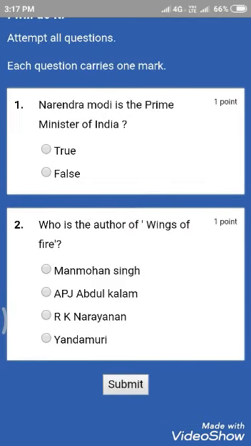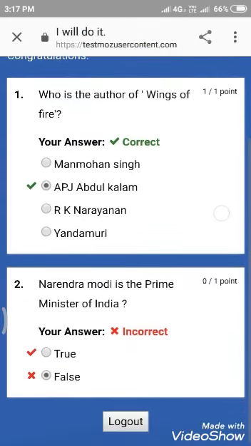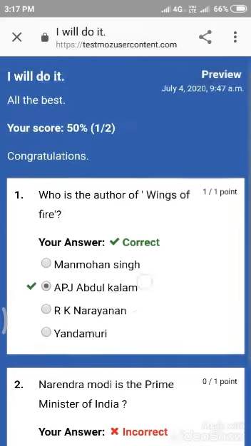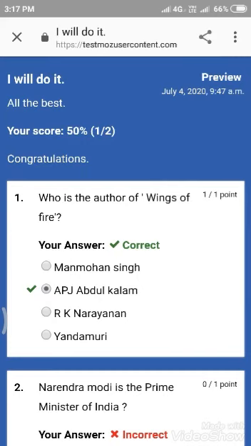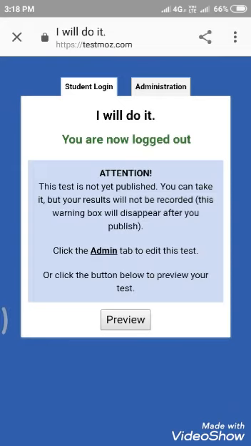I gave the answer. This is the demo test. Another mode is the primary stability false. I clicked like that, but it's the true answer. Next, right. These are the two questions. One question is right, the correct answer. The second question is incorrect. Also here, the correct answer is also clicked there. Now this is the question paper. Next, I went to my menu page to publish this question paper.